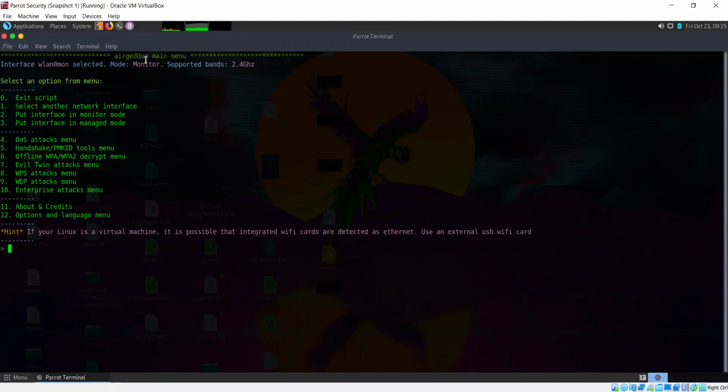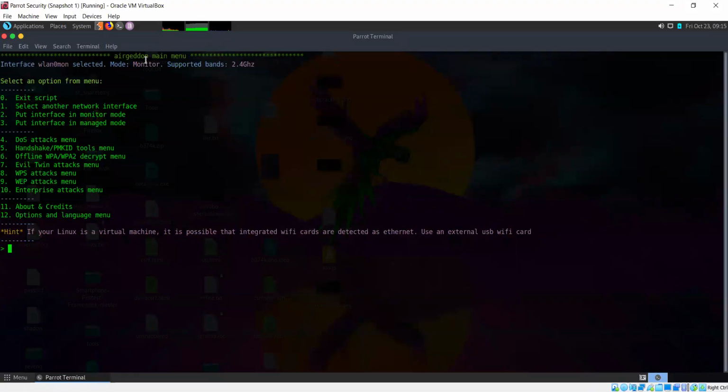That handshake contains the password for this Wi-Fi network, and that packet capture of the handshake is what we crack. That is where we use our brute force or dictionary attacks and try to crack the password from there. So that's the procedure that we need to do.